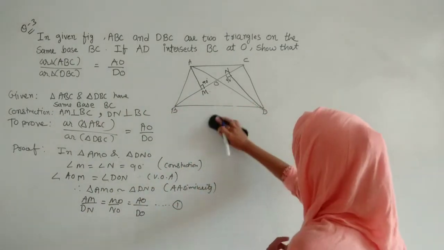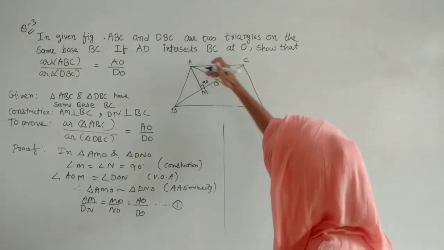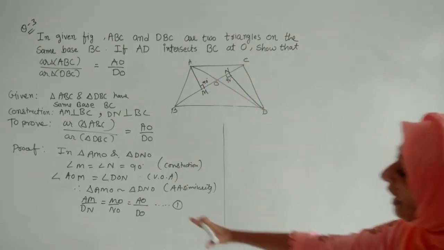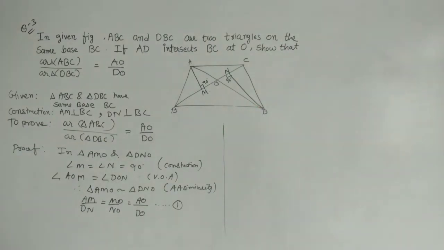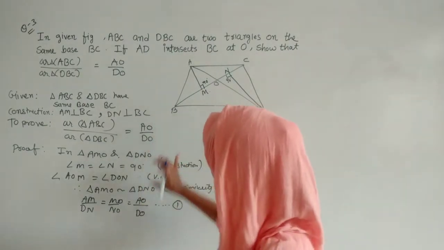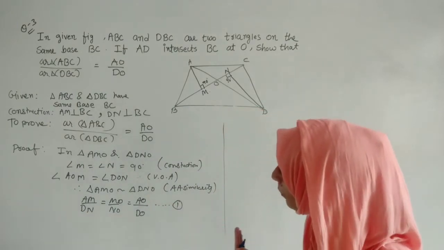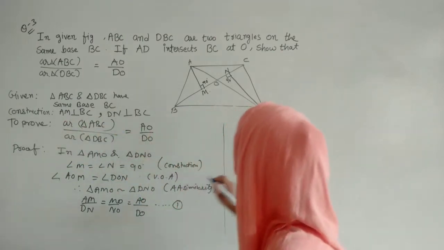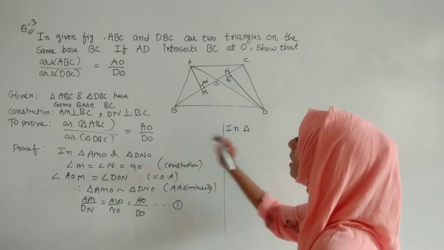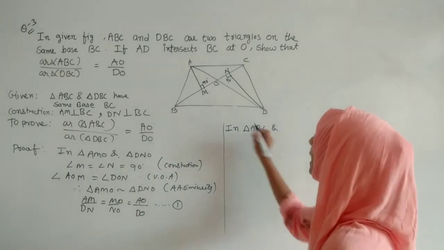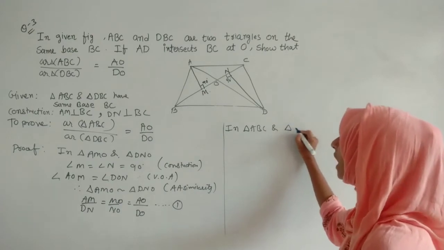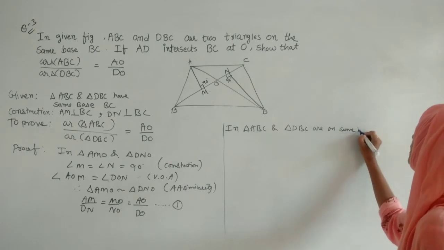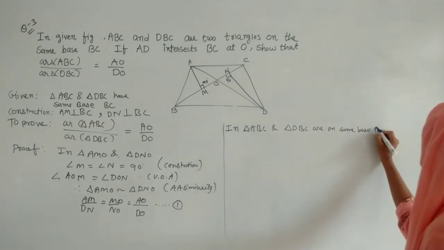Here we don't want this figure, that is for our understanding, because the figures are given like that, and we just turn this figure and match it in the exact way, and then we write this ratio. So here, in what we have to prove, we want AO by DO. Here I can see AO by DO, right? But we have not got this yet. So here we will work on this. We will write that the large triangle ABC and another triangle, triangle DBC, are on the same base. This is the extra thing that we are writing.